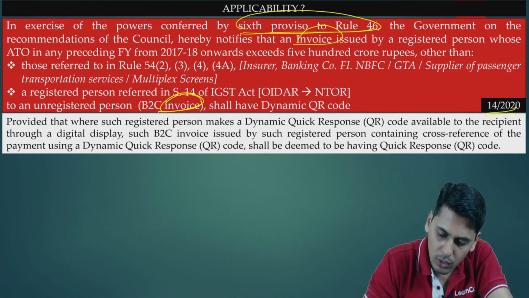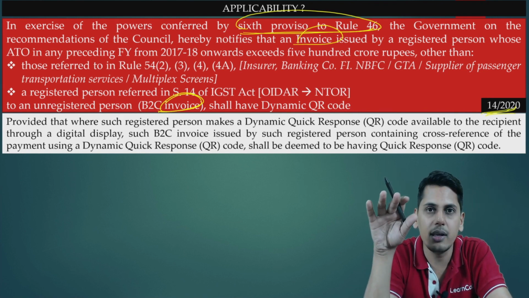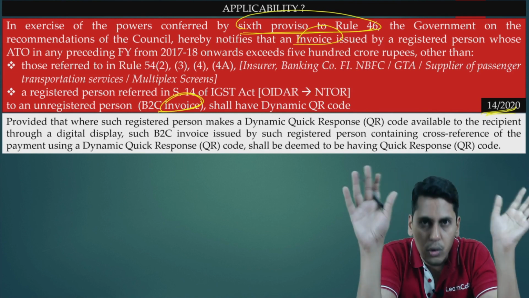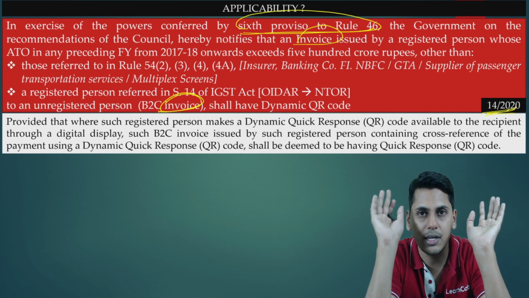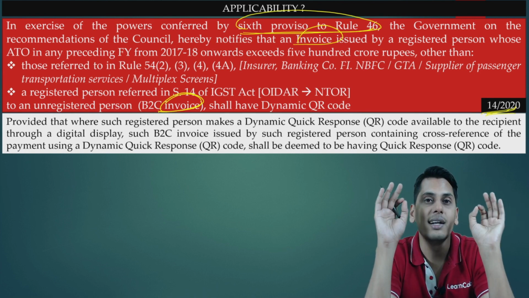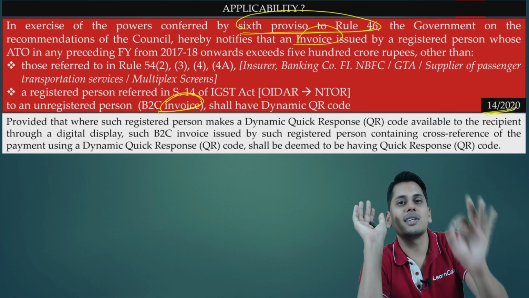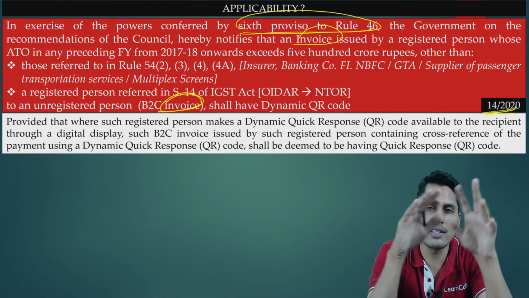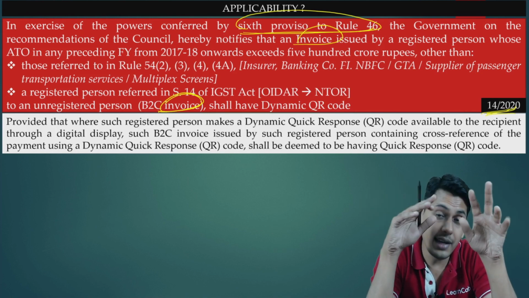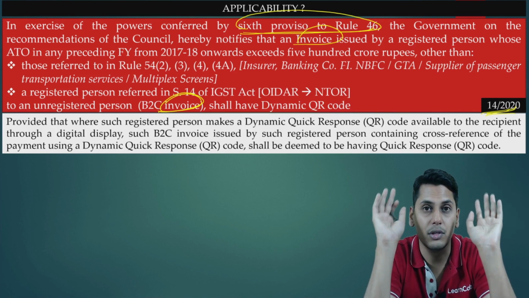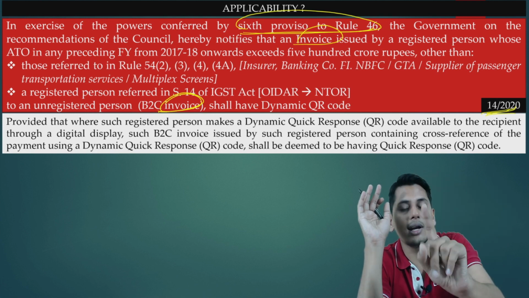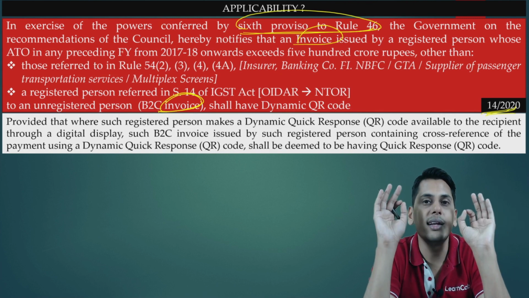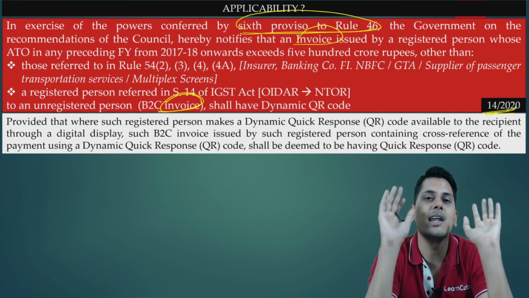However, upon reading notification 14/2020, this notification is only for tax invoice. For bill of supply, there is no notification which is being issued. So friends, technically speaking, let's suppose there's a registered person whose aggregate turnover is exceeding the threshold and is not exempted. For the B2C supplies which he is making, if he is issuing a bill of supply, which means if those supplies are exempted, technically speaking, it need not contain a dynamic QR code.